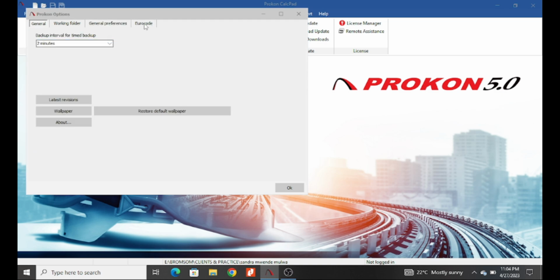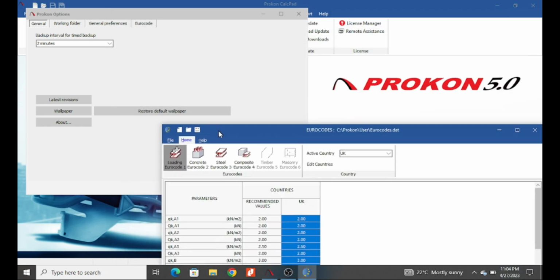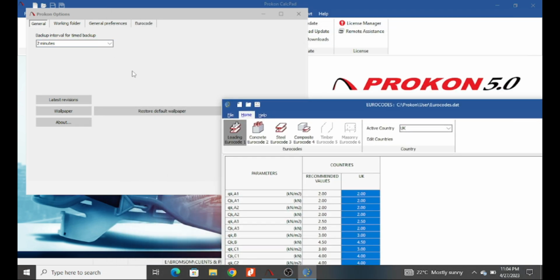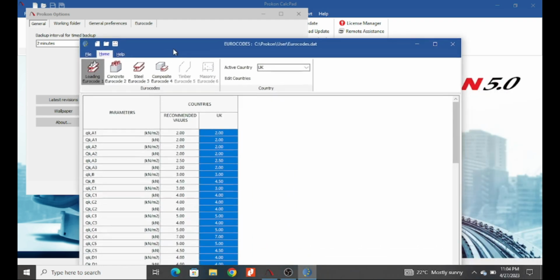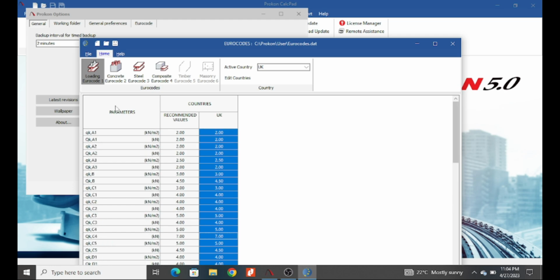And then from Eurocode takes you back to these boxes that we saw under general, but again it opens this box. Now this table contains parameters as agreed by different countries. These are parameters from your design codes. And then you see, because we are moving to Eurocode, it has even made it easier. They have given us nationally acceptable values for Eurocode here.